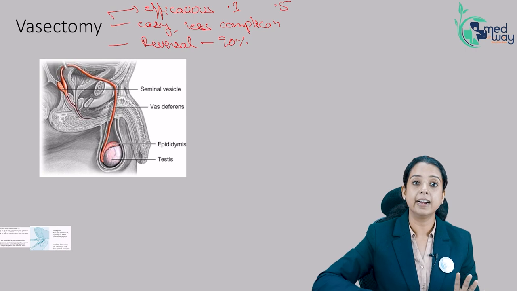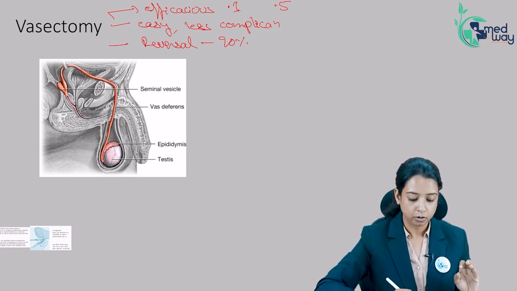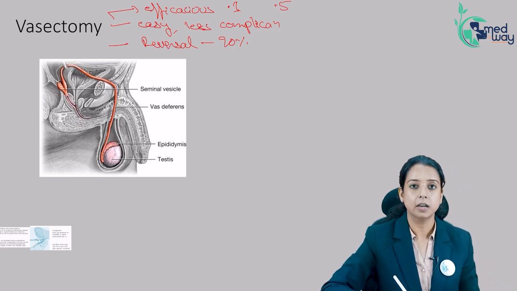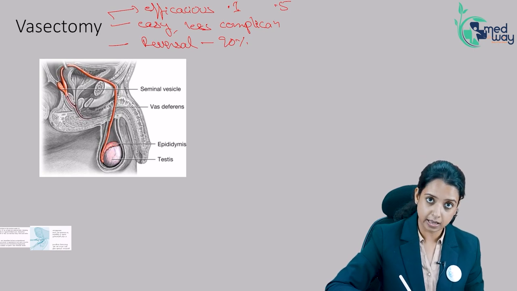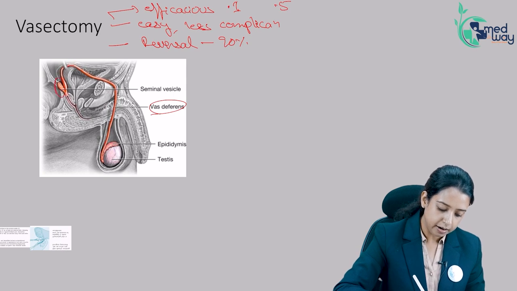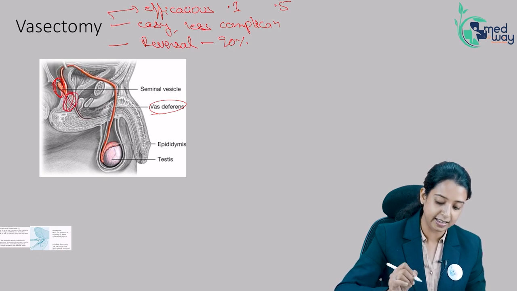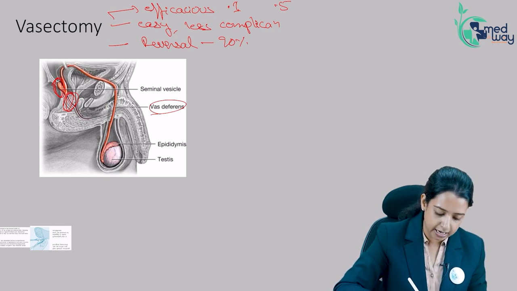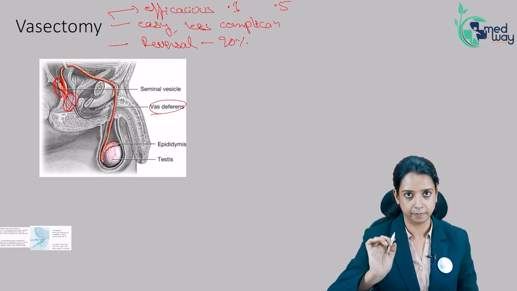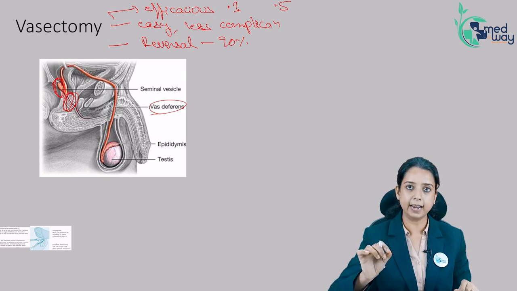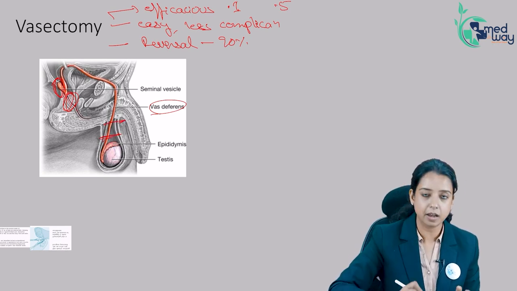So this is the internal genitalia of a male. So how does sperm travel? After being synthesized in the testes by the Sertoli cells, they get stored in the epididymis. From there, they travel into the vas deferens. They go up, they meet the seminal fluid. So this is your seminal vesicle. After meeting the seminal vesicle, the next duct you get here is the ejaculatory duct. So the vas deferens, after meeting with seminal fluid, becomes the ejaculatory duct, and the ejaculatory duct finally drains into the urethra, which is the exit channel for urine and semen both. So which segment do we ligate? Here we ligate the vas deferens, and hence the name is vasectomy.